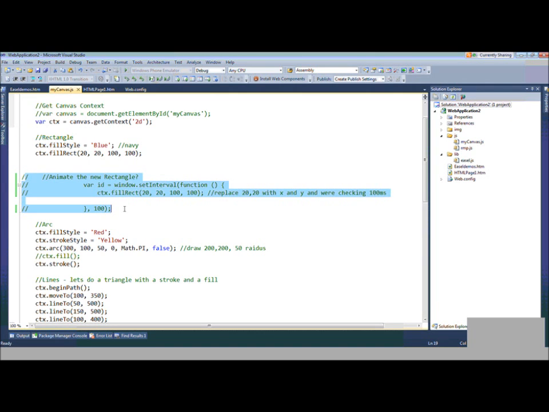Okay, so I'm going to uncomment this. What if I wanted to start the path of starting to animate a rectangle? And this rectangle, I wanted to start with it going blue and going to green, right? So if I would compile and run this right now,